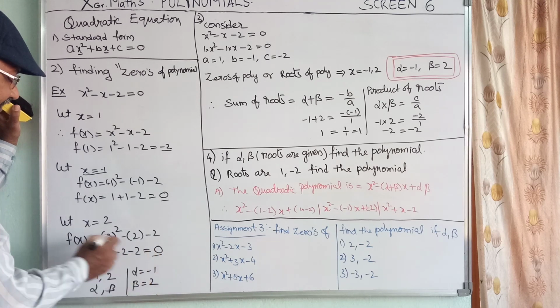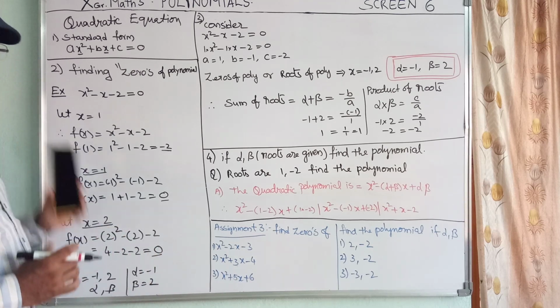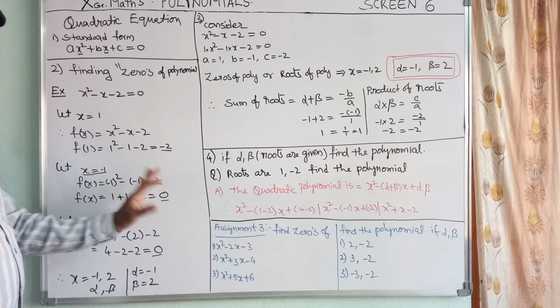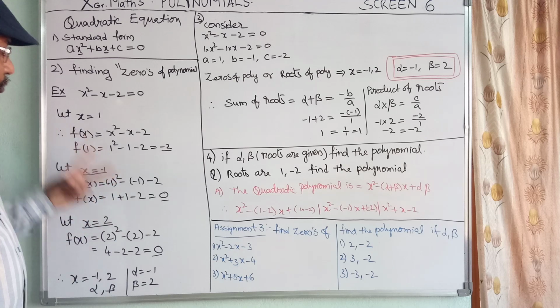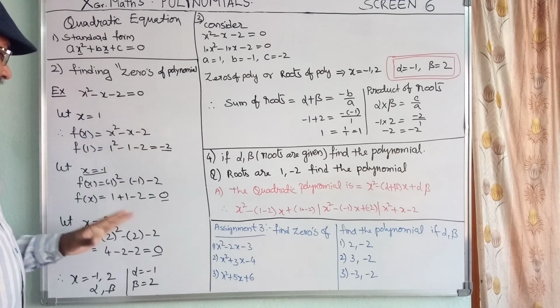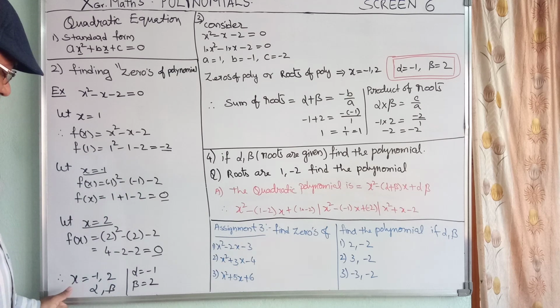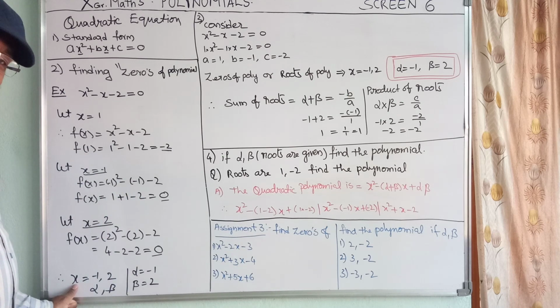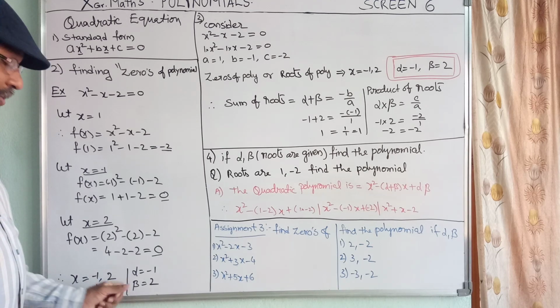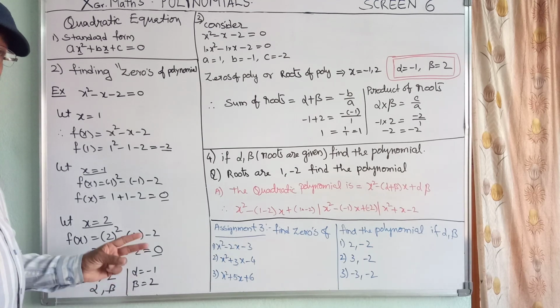Now this is x equal to 2. We got two conditions. More than two we won't get for a quadratic equation. Only two numbers will make this polynomial 0. We have to find them, and we found them. x equal to −1 is one value, and x equal to 2 is another value. We call them the two roots.